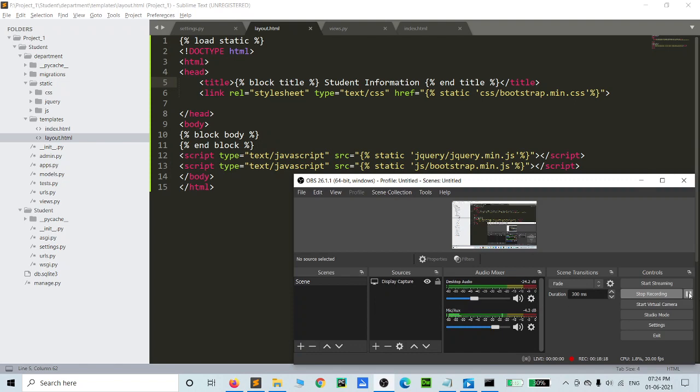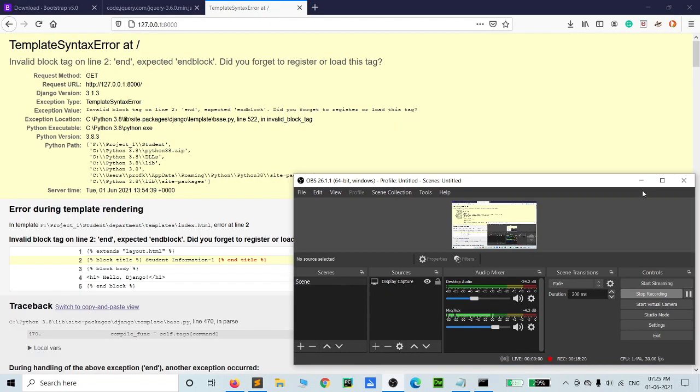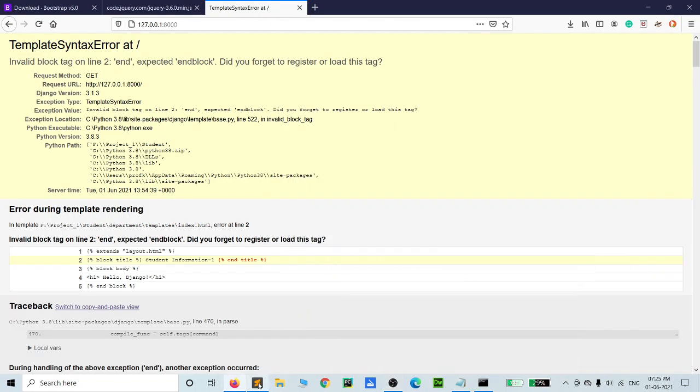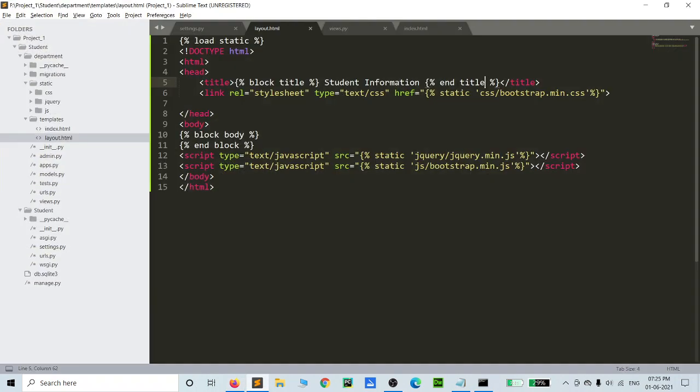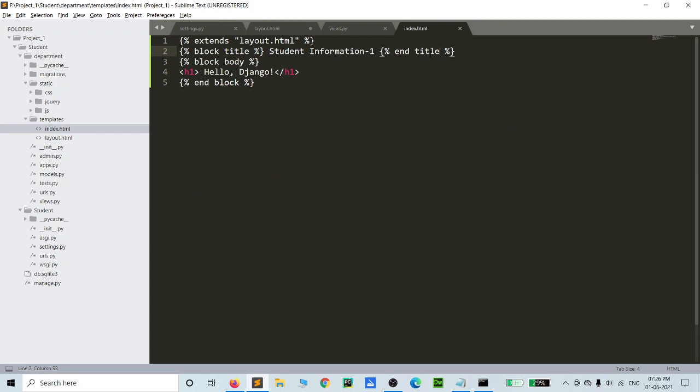Once again, we can check our error. This is not end title, this is end block without space. So this is very important.